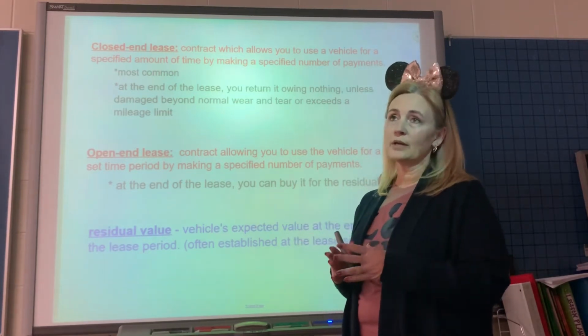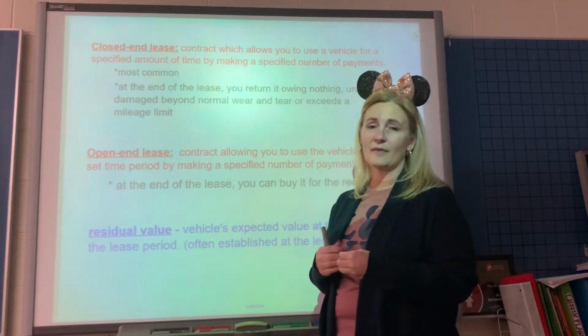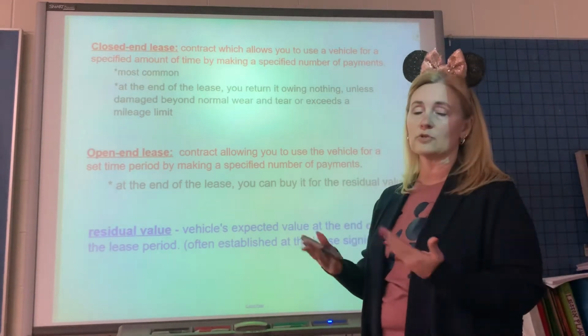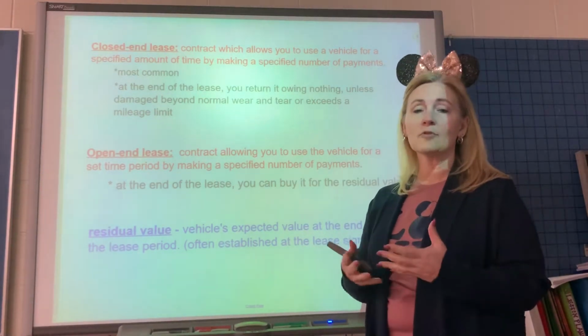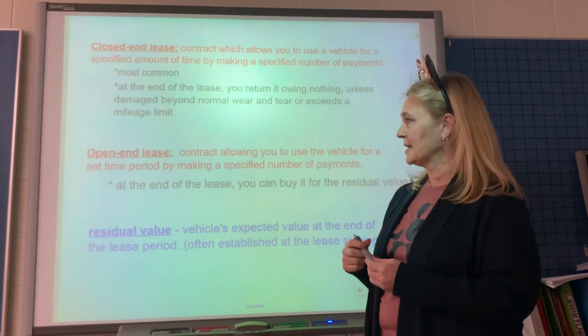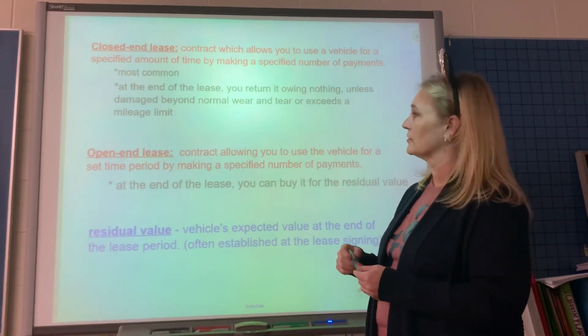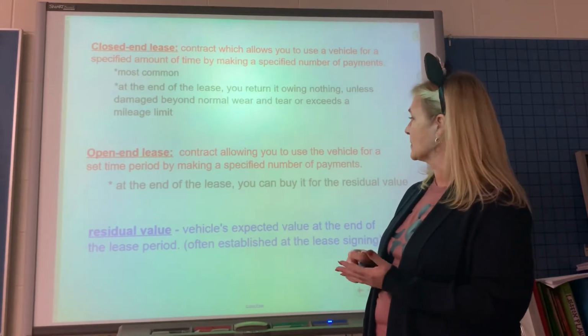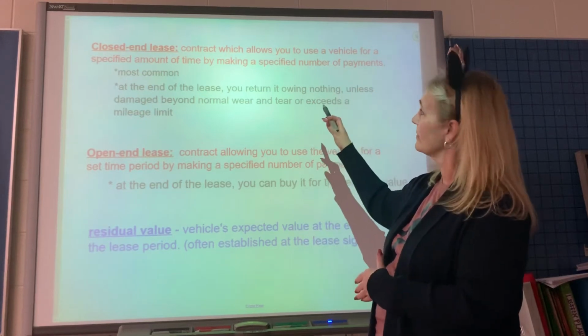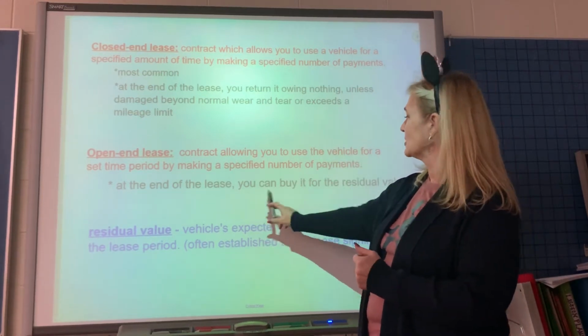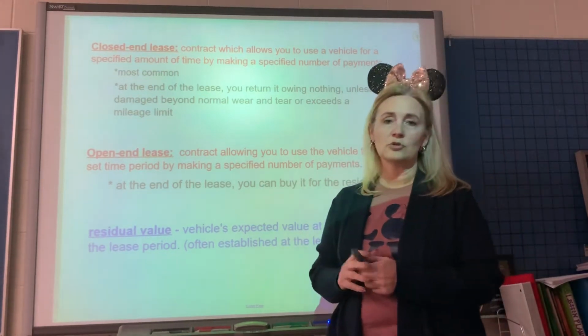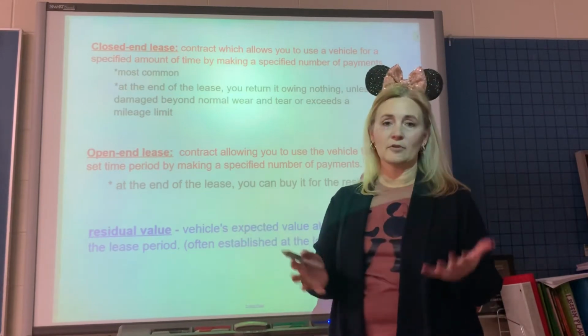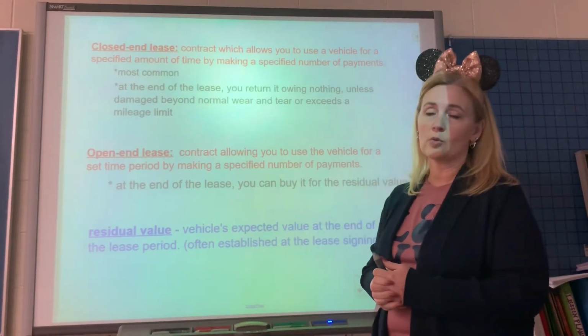So you will be given a specified number of miles that you have to stay within for the 3 years or 5 years or 2 years, however long your lease is for. An open-end lease is a contract allowing you to use the vehicle for a set time period by making a specified number of payments, just the same. But at the end of the lease, you can buy it for the residual value. So this one allows you to buy it for whatever the value is of that car, what is still owed